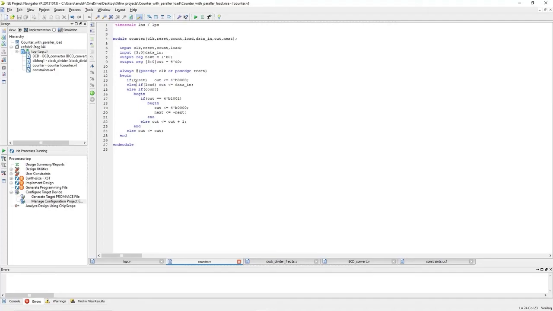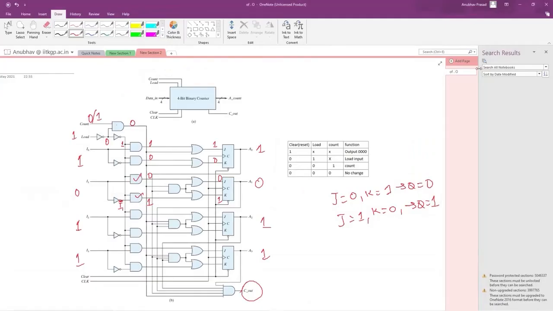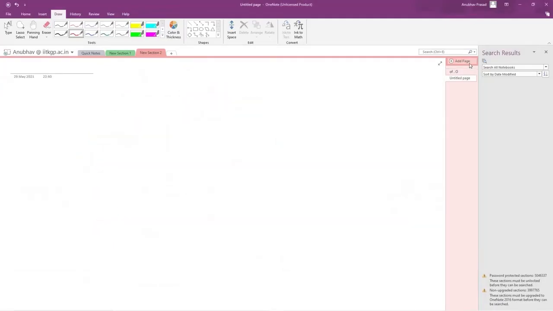Let me tell you how it generates the HDL part. The synthesis machine reads this if else condition and generates a 2 cross 1 multiplexer, and here will be the if statement, here will be the else if.